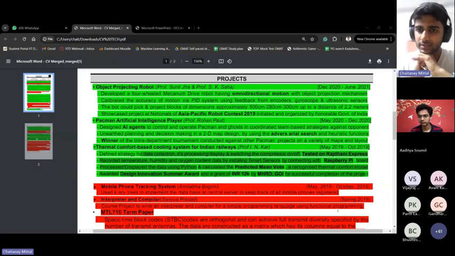Reksha is asking whether, after the CV gets flagged, you are only allowed to remove and not add. Yes, what will happen is your CV gets flagged and you will be in the OCS office, in front of them with your laptops. So if you add anything, they'll be able to see it live, right? So don't do that. You will be allowed to remove, but just make sure that you have extra points that